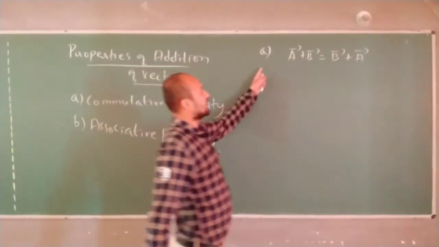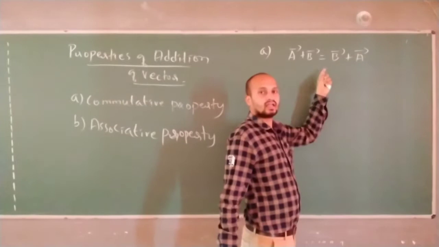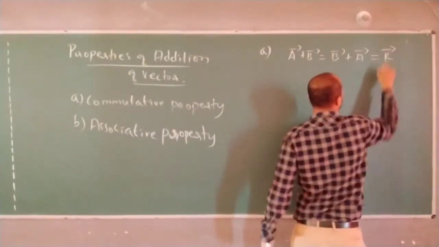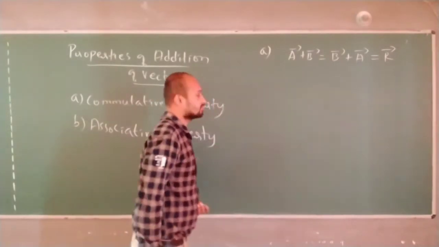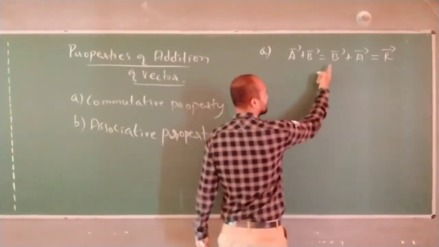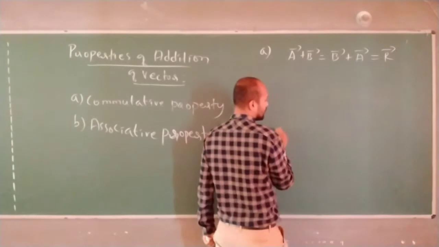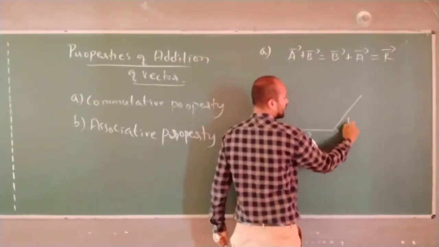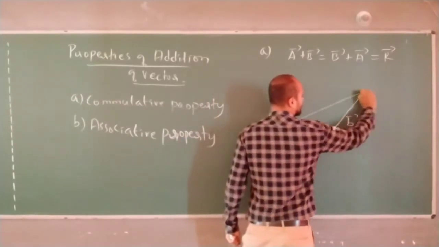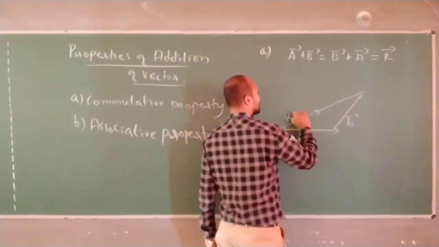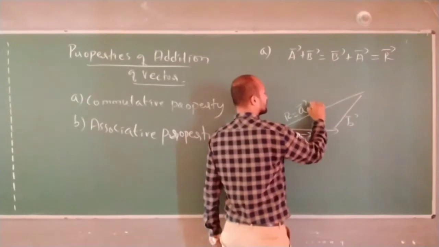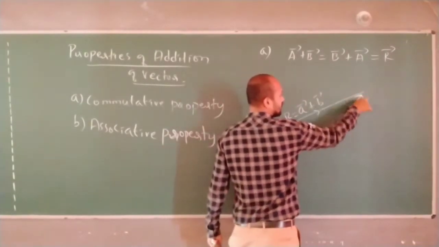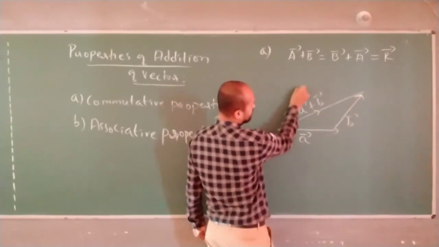If vector A plus B is equal to the resultant, this will be equal to the same resultant. I can show in the diagram. This is the commutative property. If I take this as vector A, this is vector B, this is vector R equal to A plus B. If I draw the same line, if I draw this vector here,